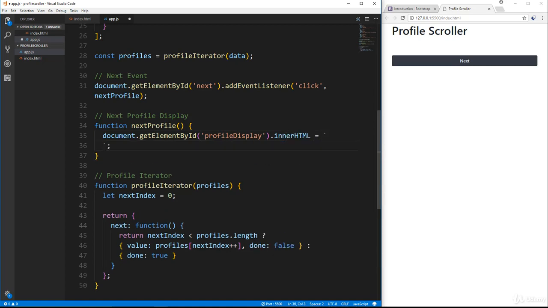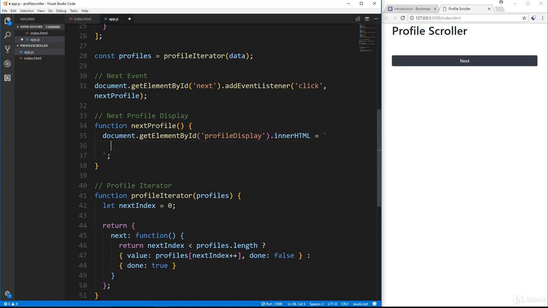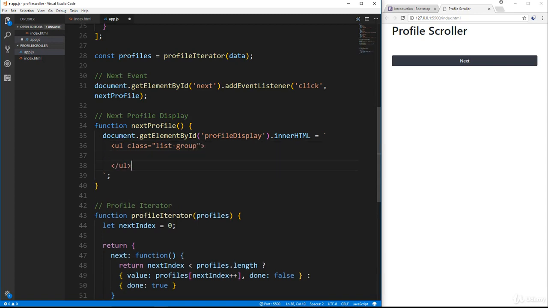We're going to use a template literal here, and we're going to put in a UL, give it a class of list-group because we're using Bootstrap. All right, and then we want to put in an LI with a class of list-group-item. And in here, we want to put the name, and we'll be able to access that with